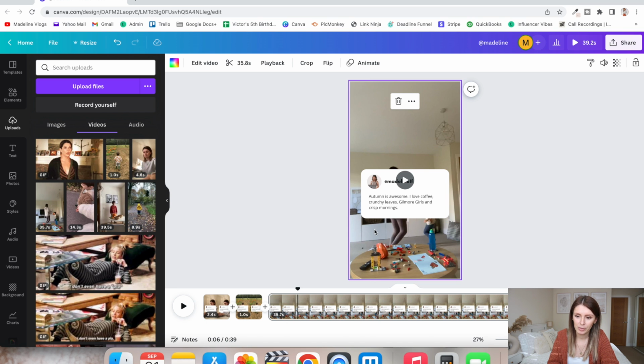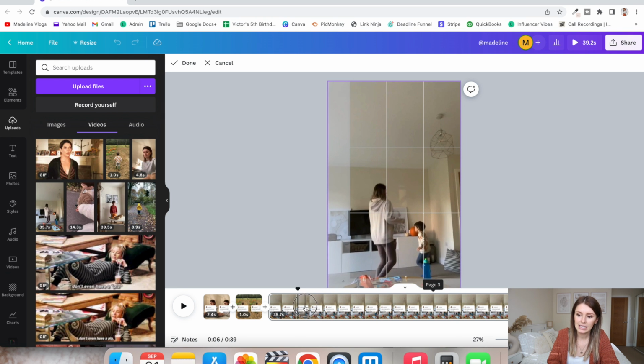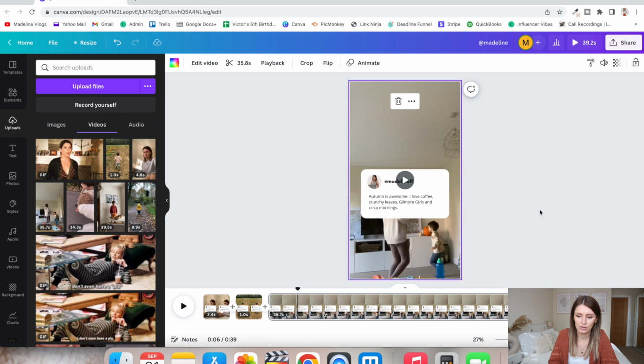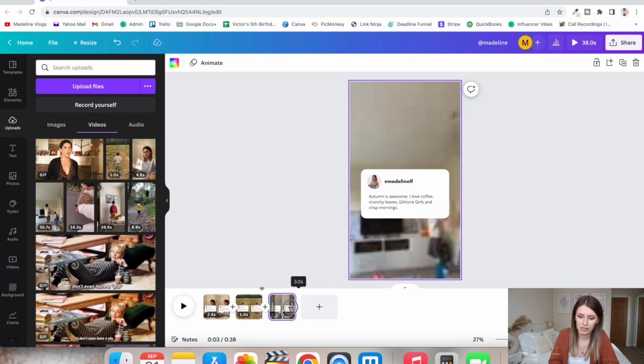So I'm just going to double click on this, and it allows you to move it from these sides, move it like this and crop it around, play around with it, just so that you can have different things in the frame. And then obviously you can adjust the length of it. I don't want it to be this long, so I'm just going to do a few seconds,